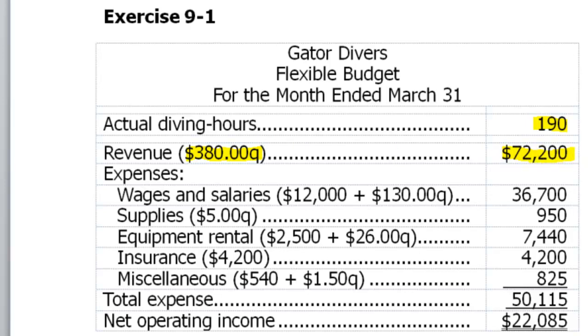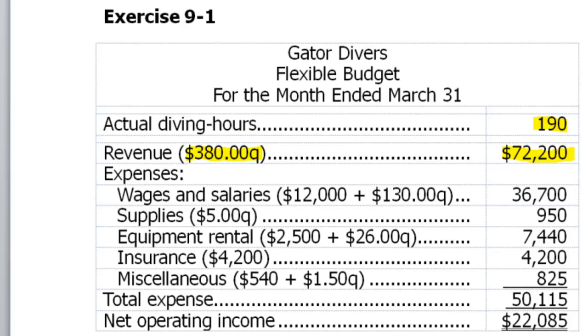This is an estimate of what we could have or should have expected had our plan been based upon 190 hours. So this is our flexible budget because we're flexing into actual activity levels, even though they are less than